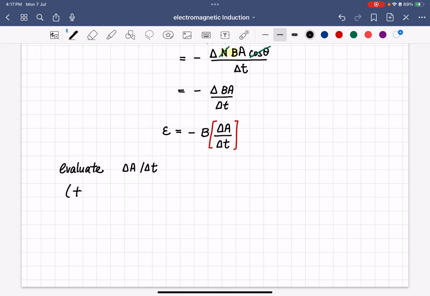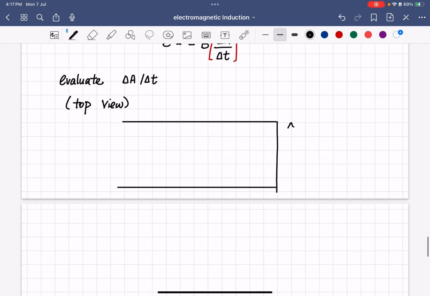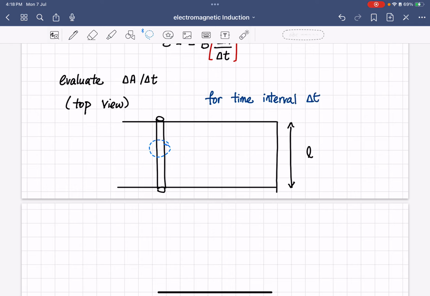And then we look at the top view of what we are doing. So we have the coil, or the circuit like this. And the length of the circuit is L. And you have a rod which is moving at a velocity v. Now, I want to consider a certain interval of time. So for a time interval delta t, this rod will be moved from this place to here. So there will be a movement where the rod makes a displacement. And the displacement that it makes will be the speed times the time,